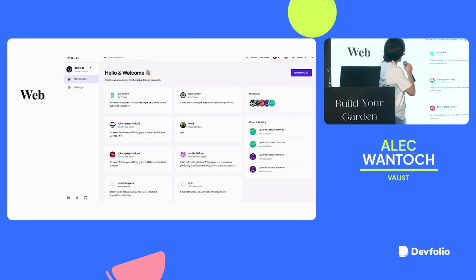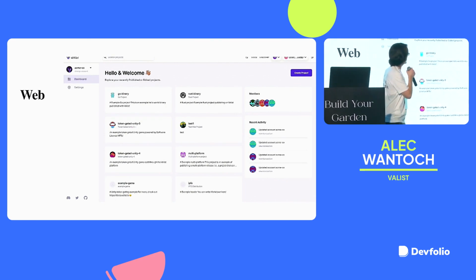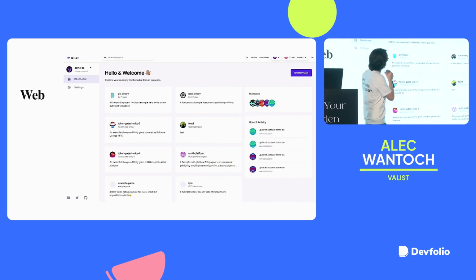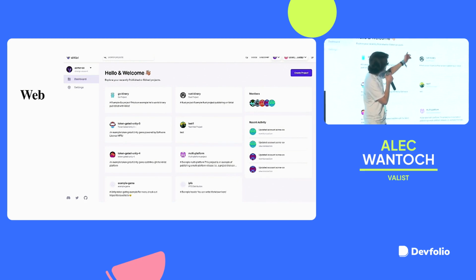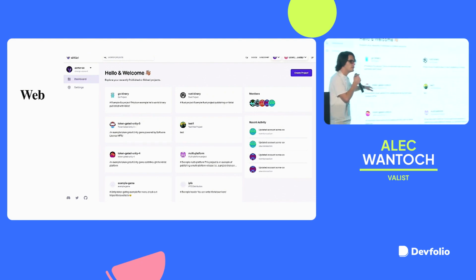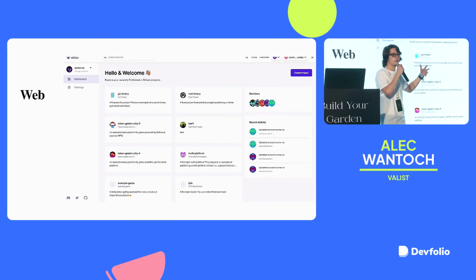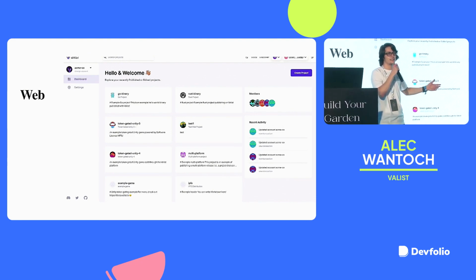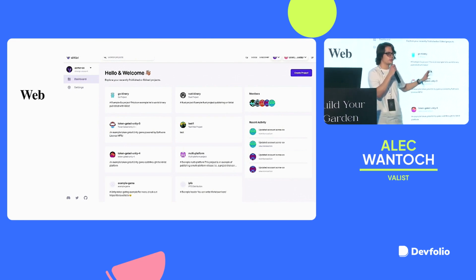Hopefully I'll show you this and hopefully the internet will work, but otherwise this is basically what the web front end looks like. You have your accounts, you have your projects underneath. You could create more projects. When you go inside of these, you could create new releases. You could configure the project settings as well as the different types of platforms that you're targeting. And again, all the logic of the protocol is available here in a super easy, familiar way.